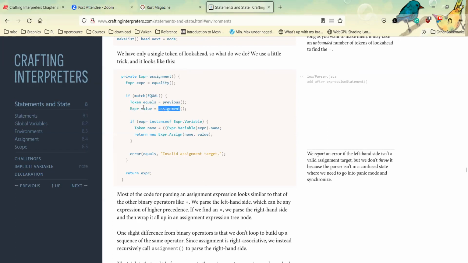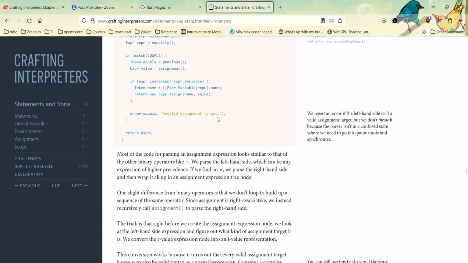And the value is we just use the parse assignment, which goes back into here. But if we don't have further assignment, we will just fall down. This is for parsing cases where we have A equal to B equal to C, this kind of situation. And yeah, and then it just all works.